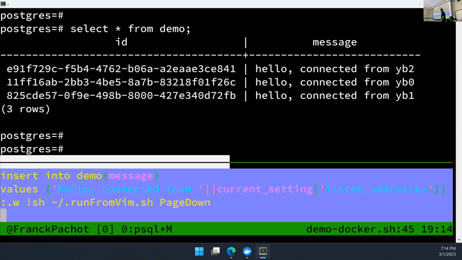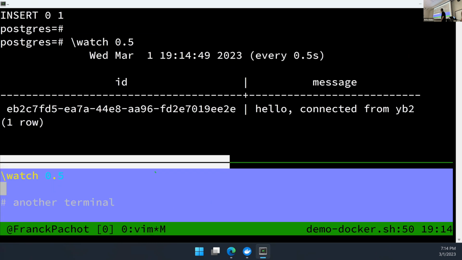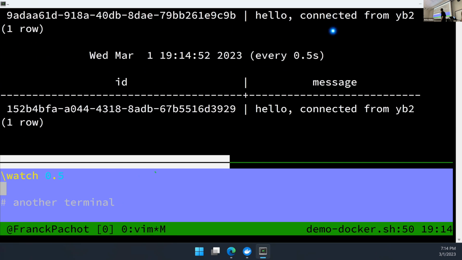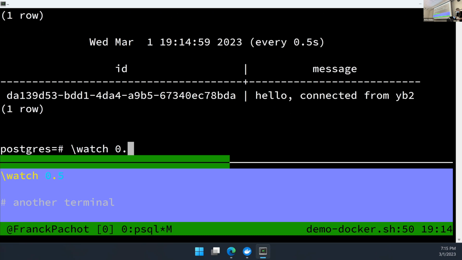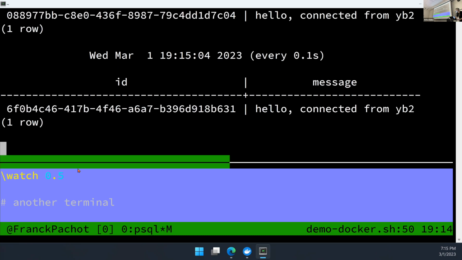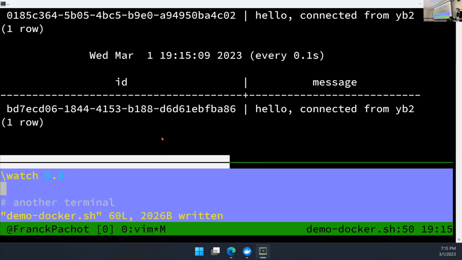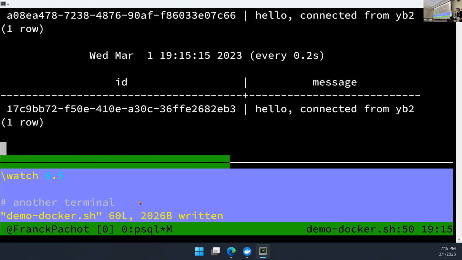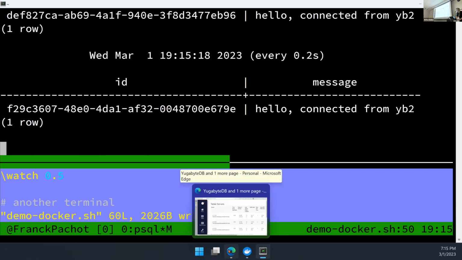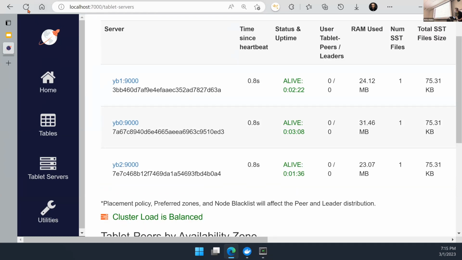And I will run this insert in a loop, using Postgres syntax. Every half second, it inserts a value. Maybe I will do it more frequently to see more activity. So now the application is running. If I go to my small web console there, and I refresh,